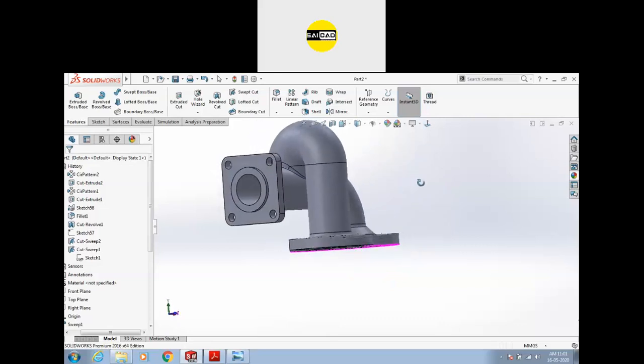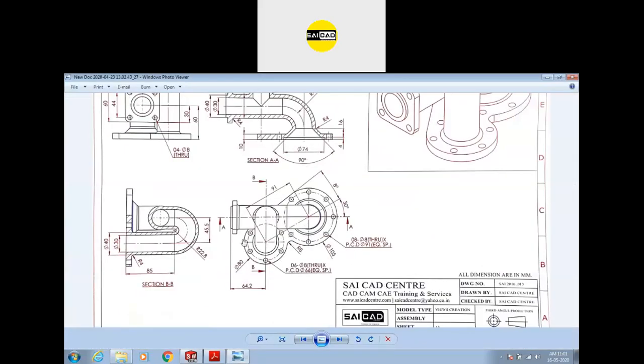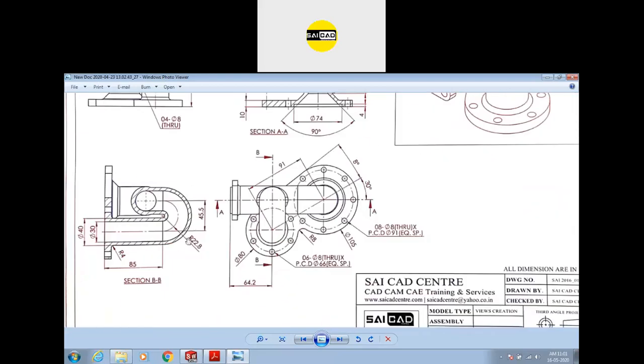So this is our final output and now check some values. We have created this 80 value, this 64, this radius 8, 105. We don't need these angles because we have created it with the references from these dimensions. These are over-defined references. Here we have 85. I have selected the value 80, not 85.